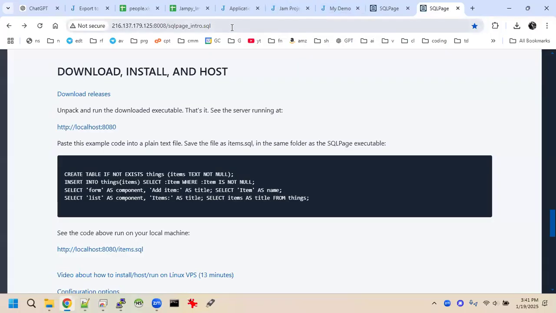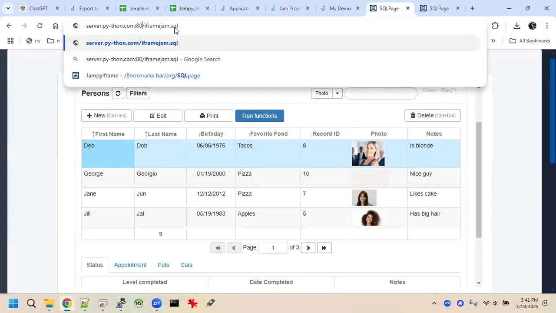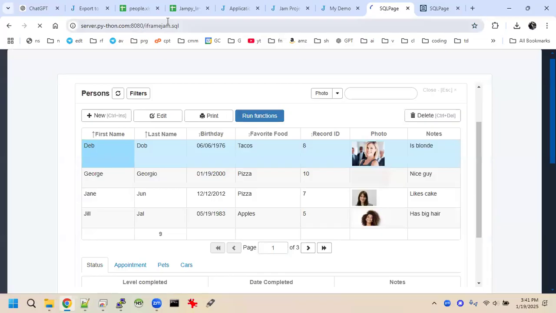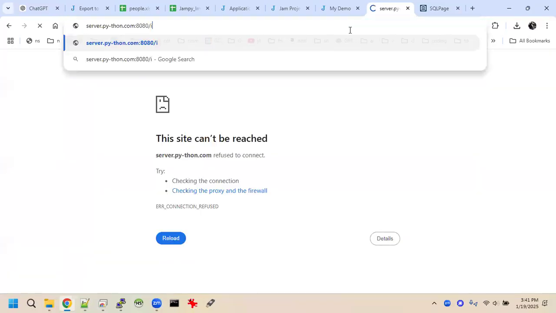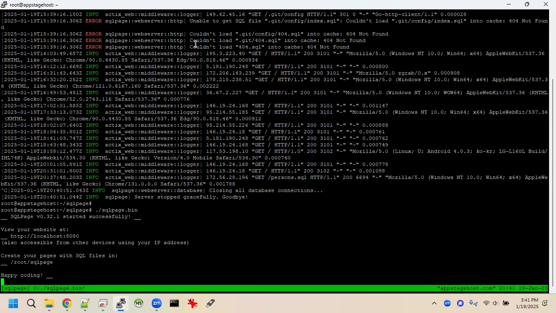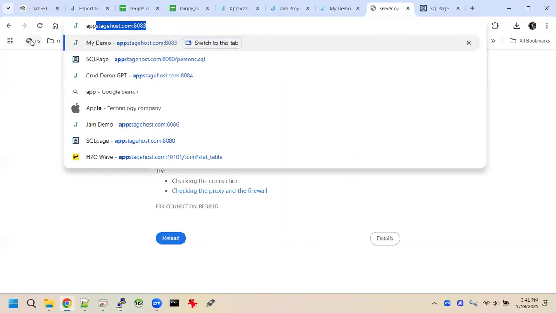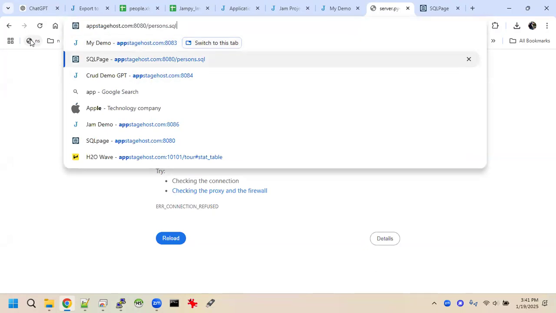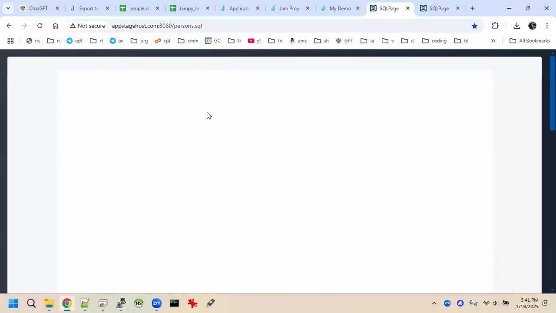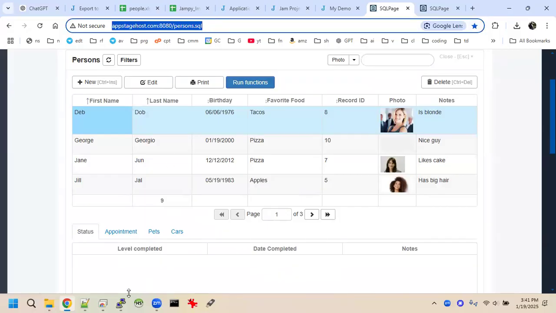So let's go there. 8080. Let's just see if this is running. Because I'm not on app stage host. That's why I'm running this on a different server. So app stage host, who knows what port we're running this on right now? Looks like port 8080. And we have a SQL file there. There it is. We have a SQL file there in that folder,